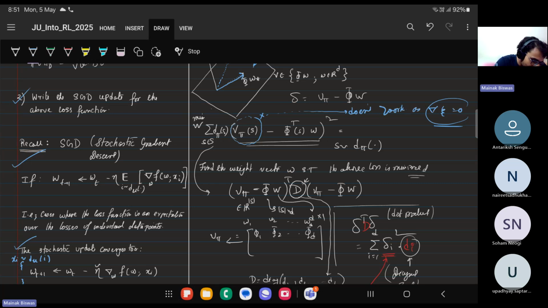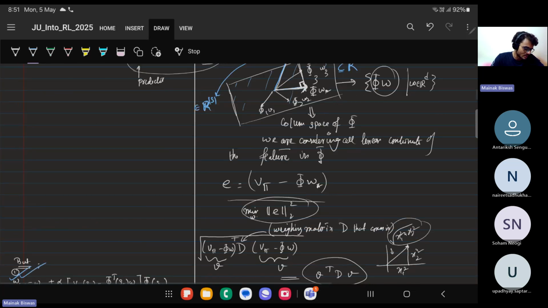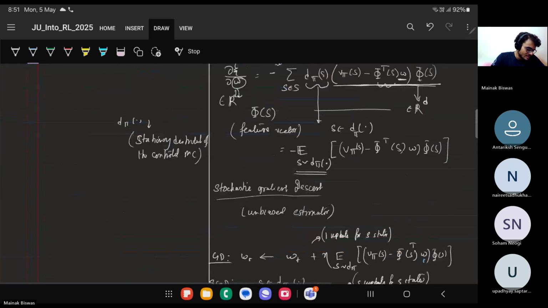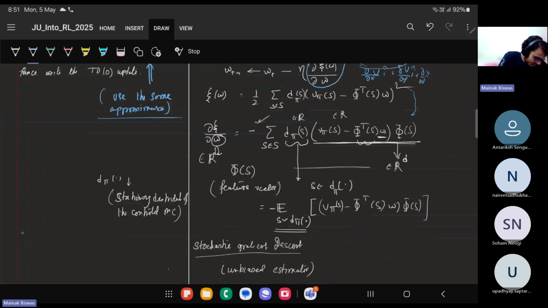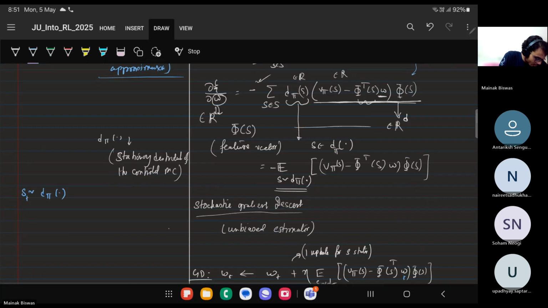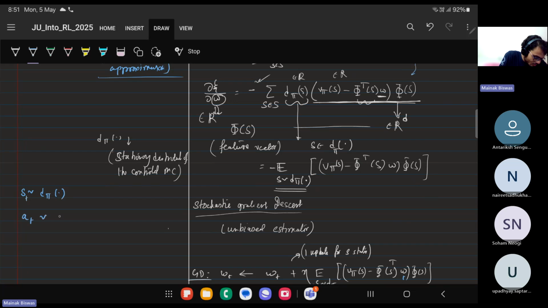This you cannot replace, is not equal to phi transpose S_t W. This is the exact question I was going to ask. I'm so happy that you asked. Fine. So your update is, say, sample a state S_t from the d pi distribution, then sample an action based on